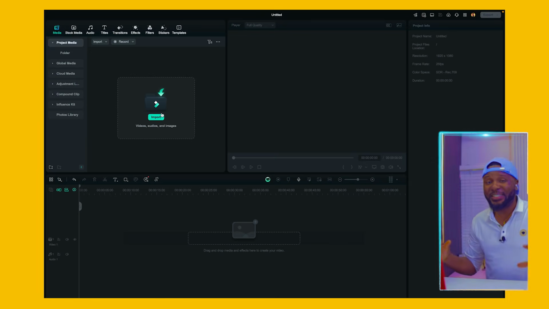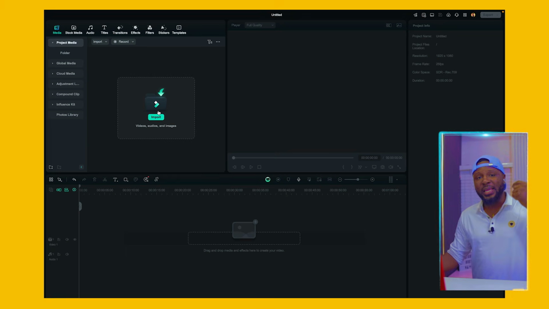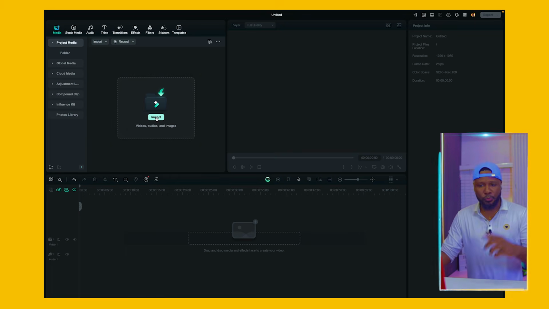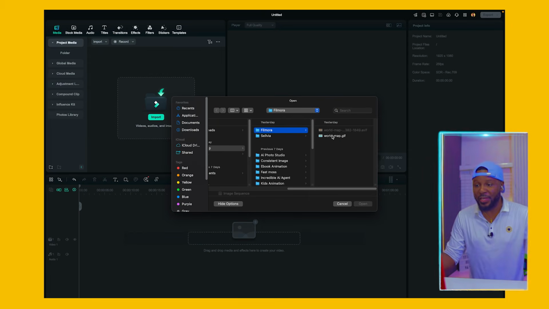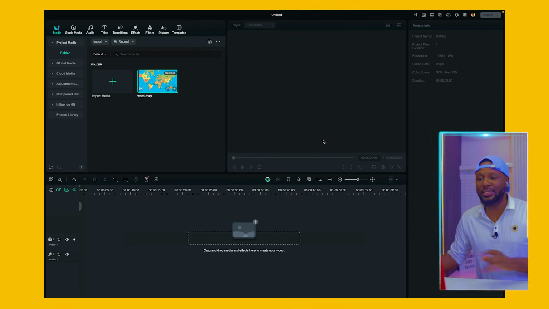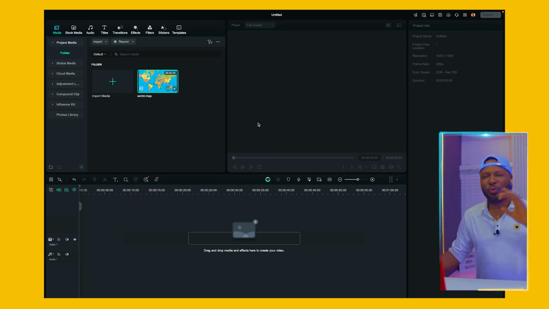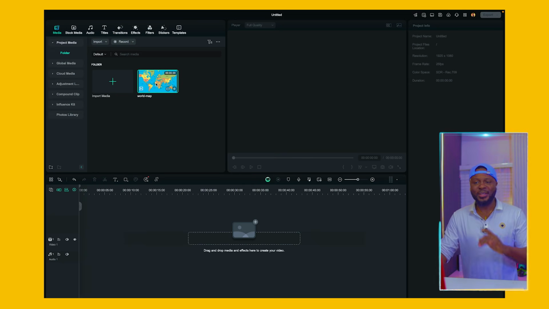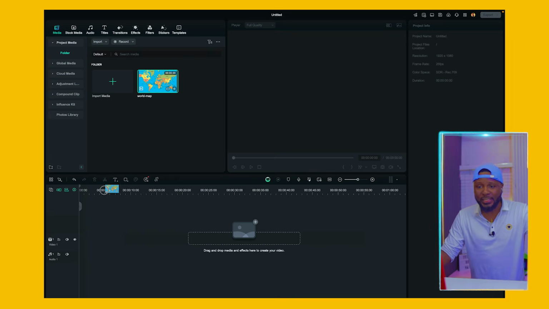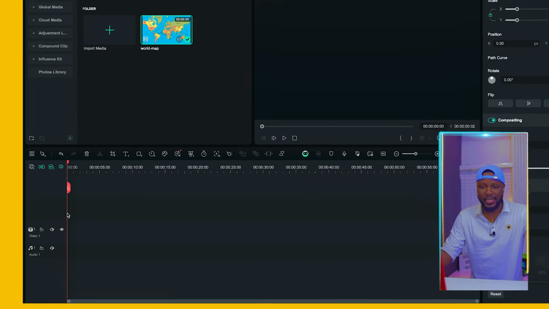And the only external thing that you need for this edit is the map itself. Okay, so you just go over to Google and download the map, which I have done, and I have it here in my folder. You can see this is the only thing that you need for this edit, world map, and you're good to go. So now that you have this, all you have to do is to drag this map straight to your timeline